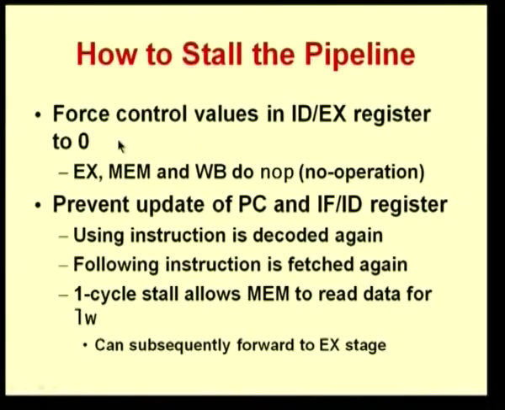So, now that we have detected that we need to stall, let us look at how the stalling actually gets done. To stall the pipeline, this is what we will do. First, we will force the control values in the ID/EX register to 0, which means that when whatever values have been written here